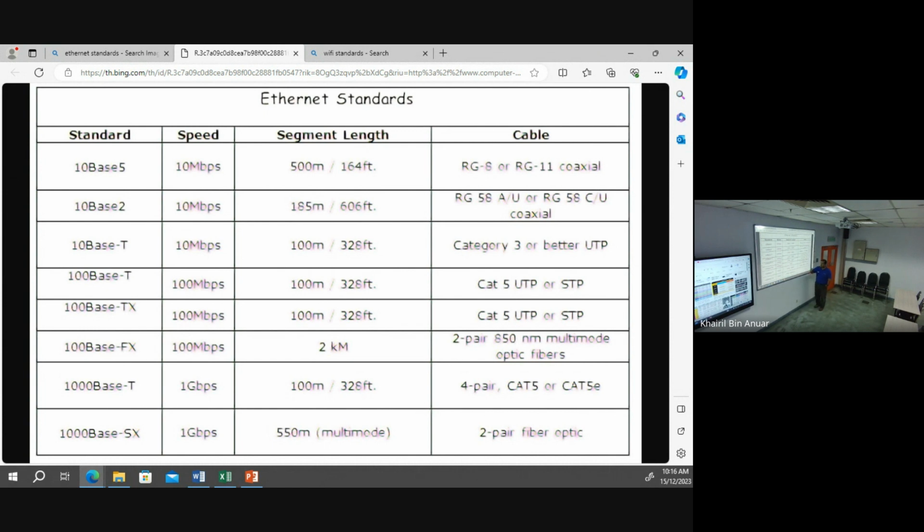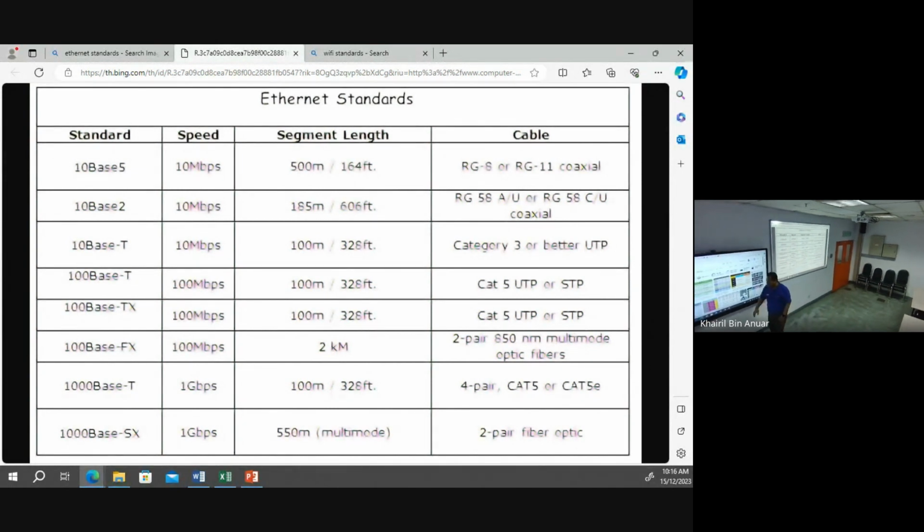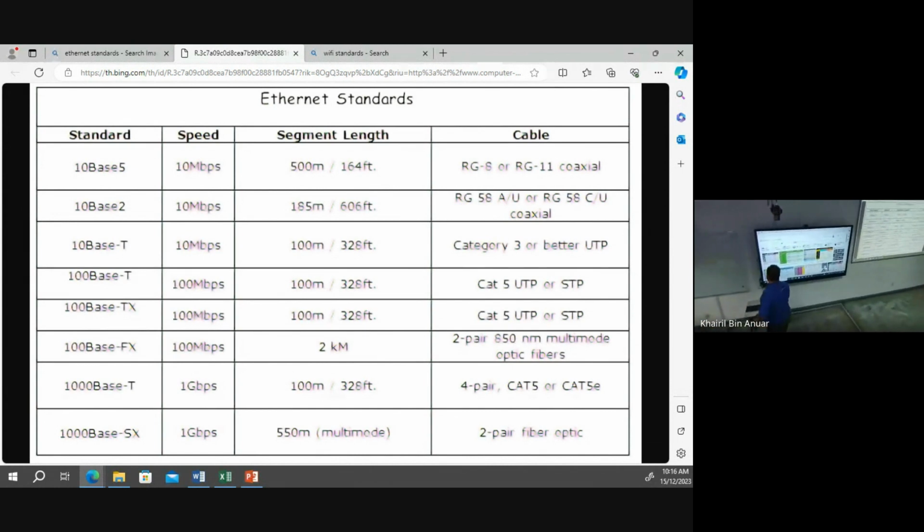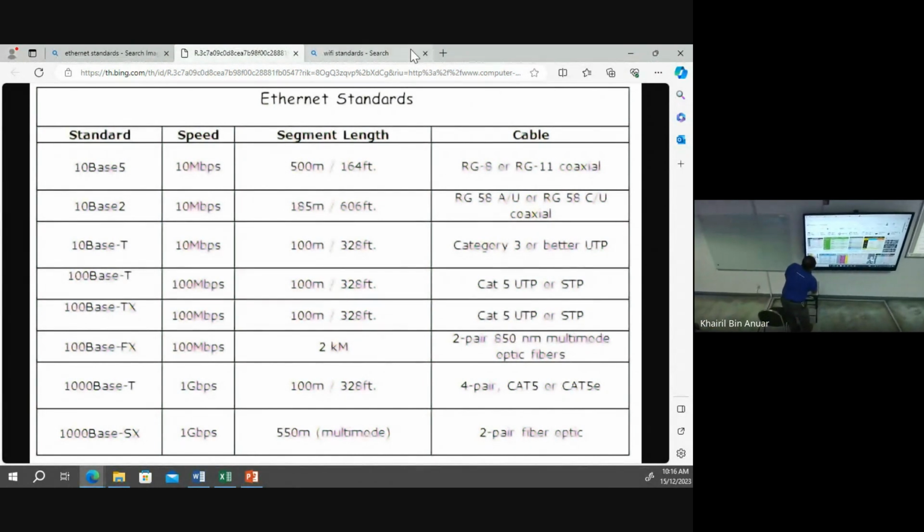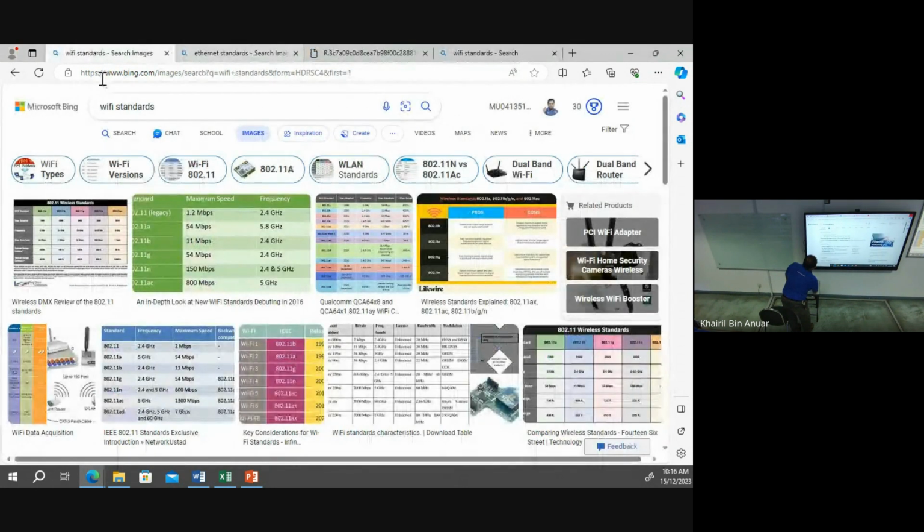It will give you some indication of what is being represented. So that is the Ethernet cable standard that we will see later. Then at the same time, you have what we call the Wi-Fi standard, right? So in the Wi-Fi standard, if you have seen this,